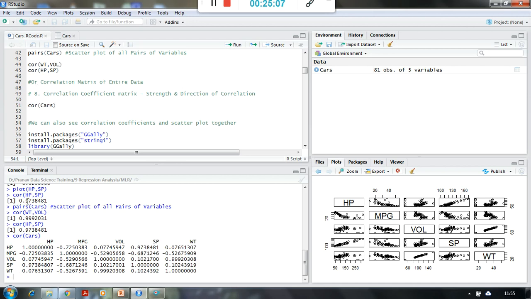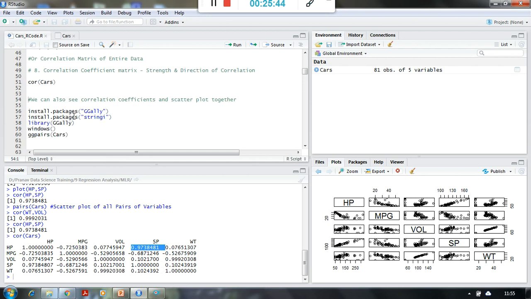And these are the values which we have seen already, 0.97, 0.38, 0.48, 0.1, suppose, between HP and SP. You can see it over here, HP and SP. Okay, so this matrix is very helpful. If suppose I have 10 variables, instead of plotting each variable with each other, I can simply have a matrix of it, and from there I can see that volume and weight have a very strong relationship, or SP and HP have a very strong relationship. And this diagonal is the variable with itself, which is always going to be 1. So these two methods are very, very helpful.